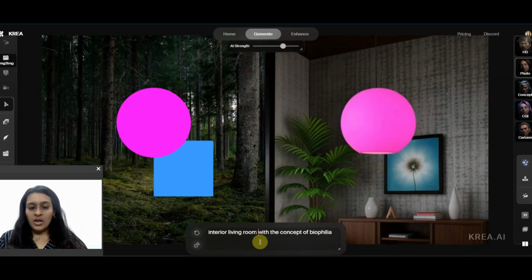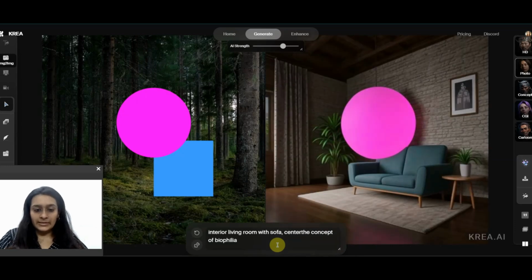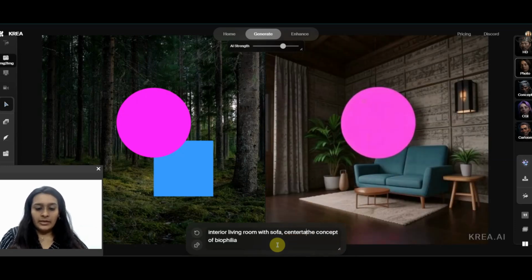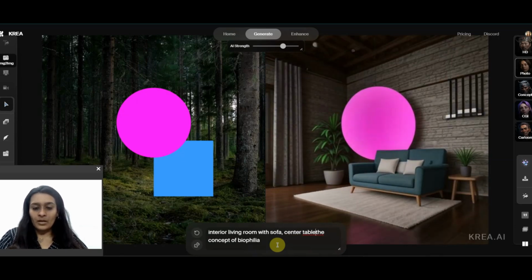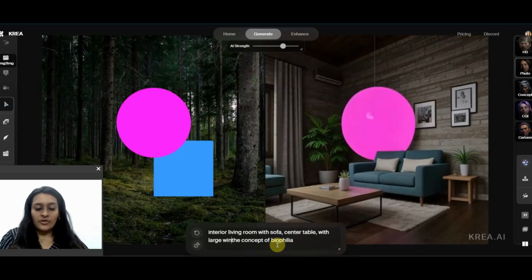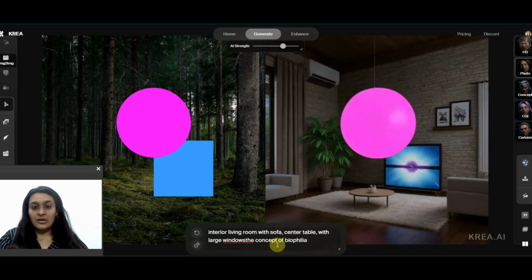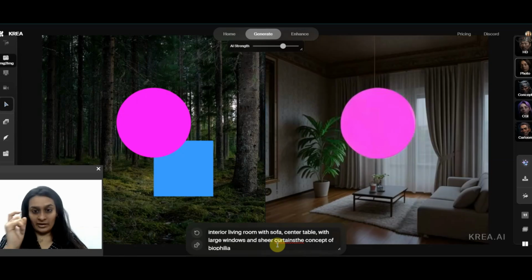Living room with sofa, center table with large windows, all right, and sheer curtains. Fair enough.